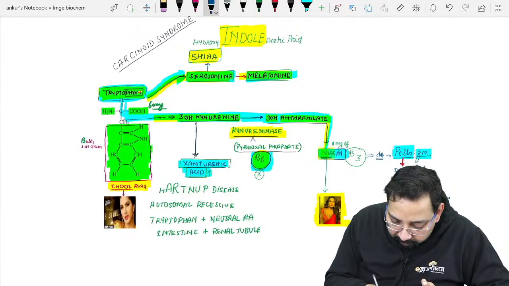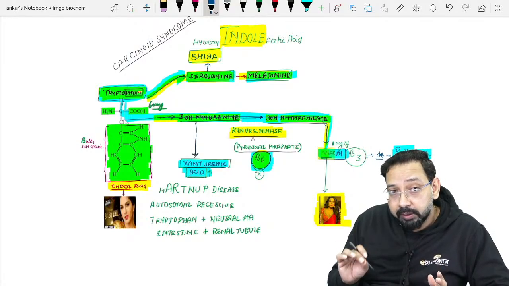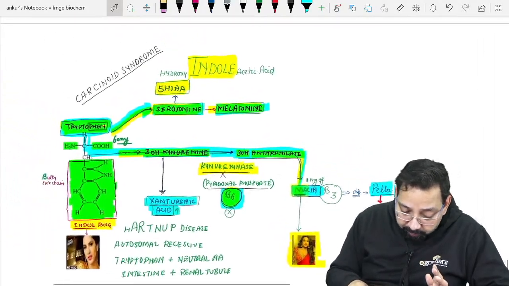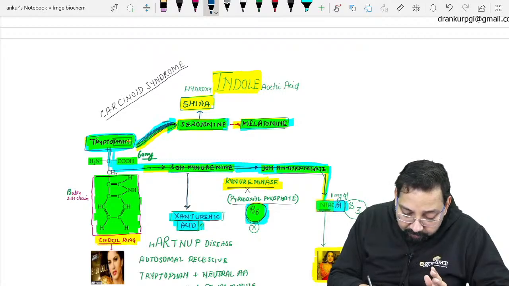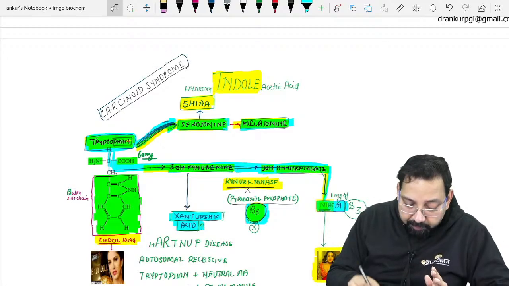Tryptophan is normally converted to niacin. If tryptophan is not there, niacin would not be there, and there would be symptoms of pellagra. If tryptophan is converted more and more to serotonin, just like carcinoid syndrome, the patient may present with